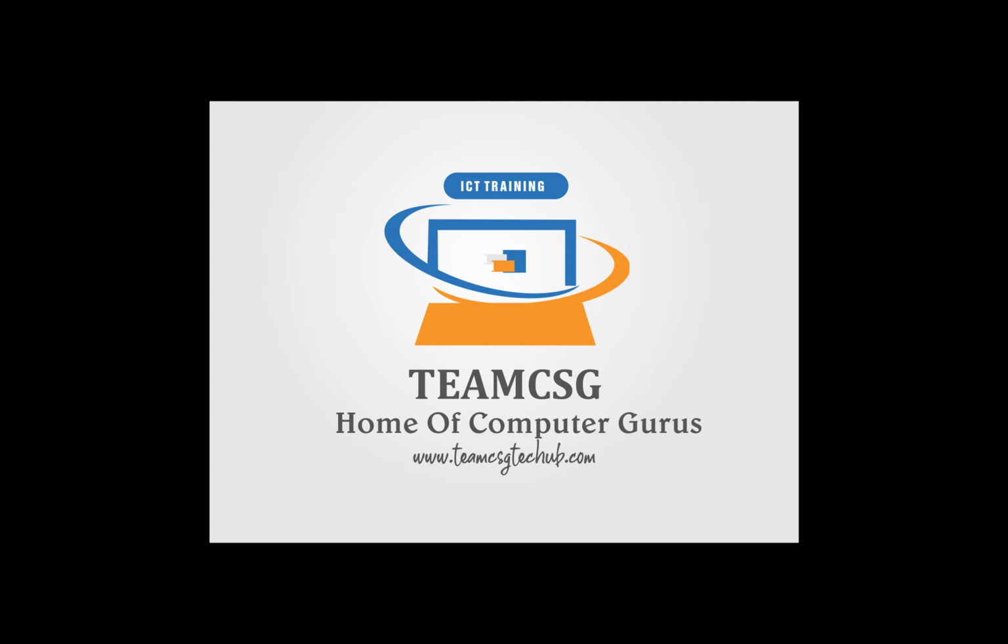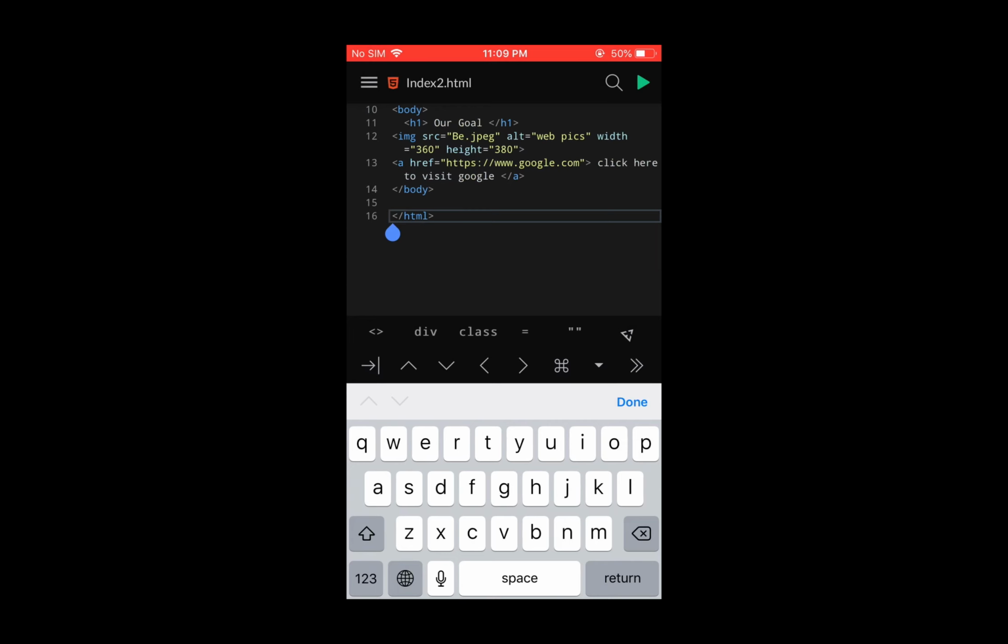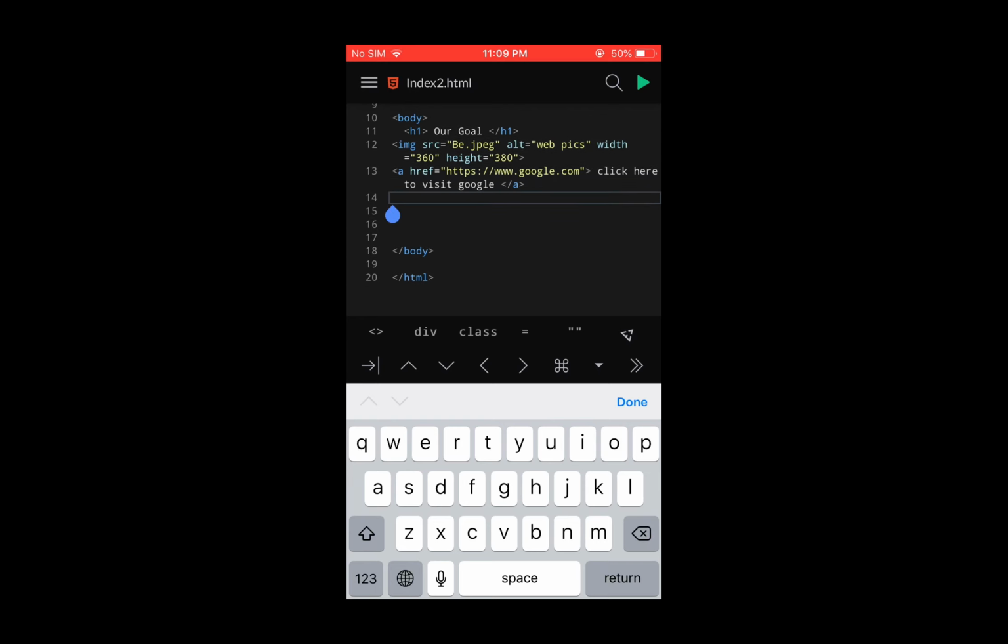So we have treated adding images and adding links. The last one is adding lists. We have ordered list and unordered list. The ordered list is OL. So I can come here and just click enter, and type OL. You understand? Like UL is the unordered list. I just type UL, understand, come down, type LI for the listing, LI